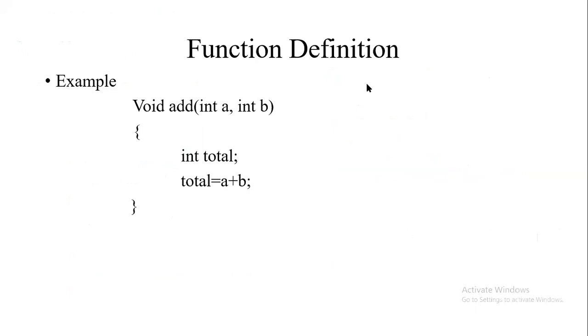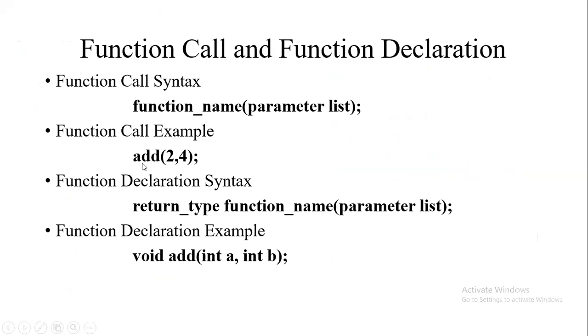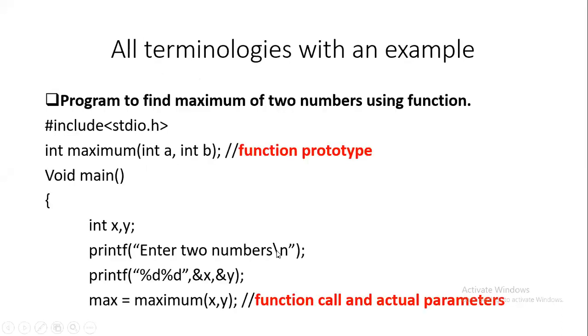So we have defined the function, and then we saw what is function call, the statement which is used to call the function. And then next we have the declaration, the function prototype. So return type, name of the function, and a list of parameters. And then we have different types of functions based on the return type and parameters. Okay, so let us see one example first before we go to that. There is one example to find the maximum of 2 numbers. So we have 2 numbers, we have to find which is the larger one.